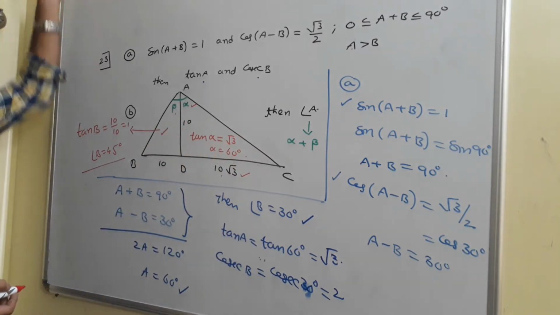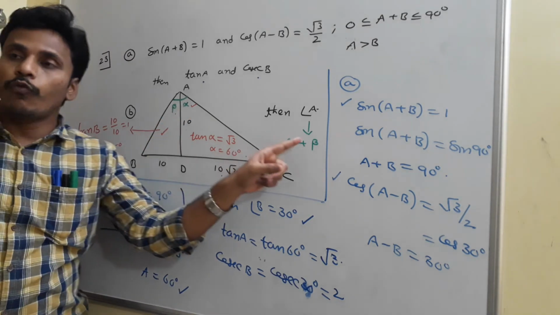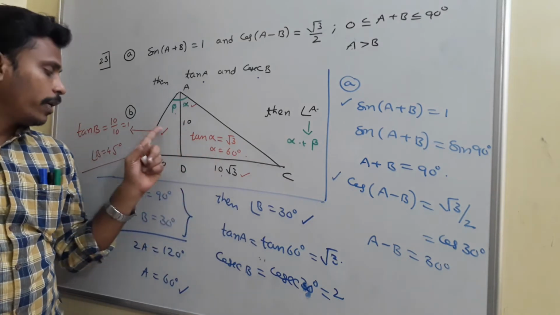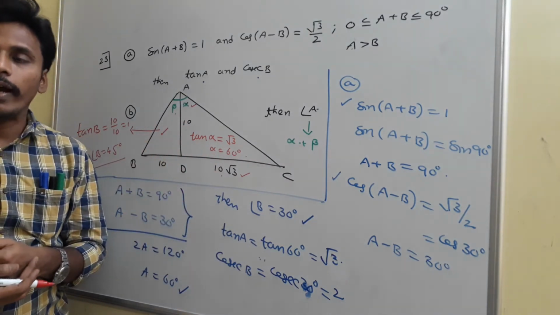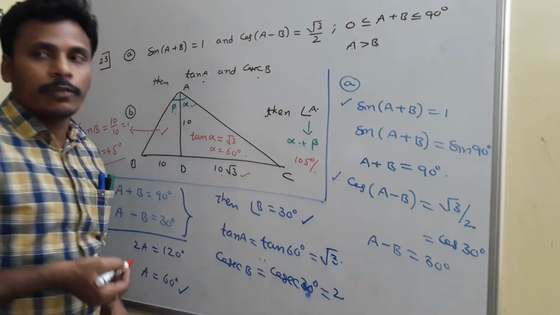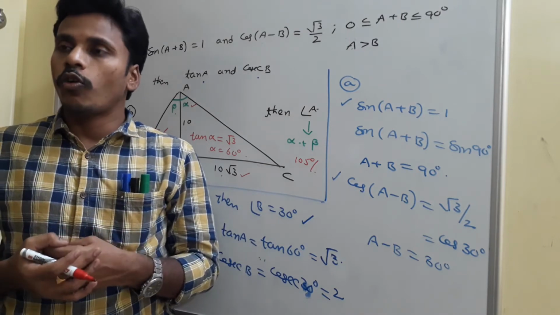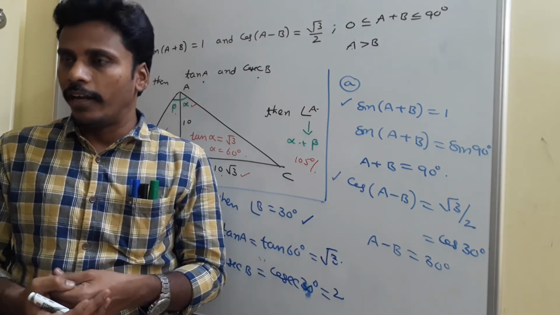At the end, from the given diagram, alpha is 60 and beta is 45. You need to find angle A, the sum of alpha and beta, which is 105 degrees, right? So your answer for this problem is 105 degrees. And these are two simple problems which we solve using the values of the known trigonometric table, right?